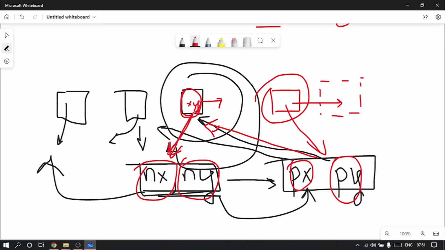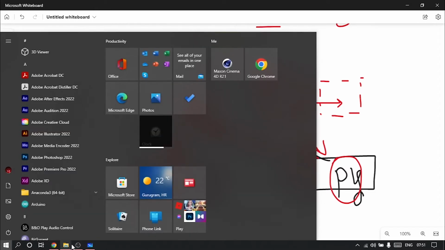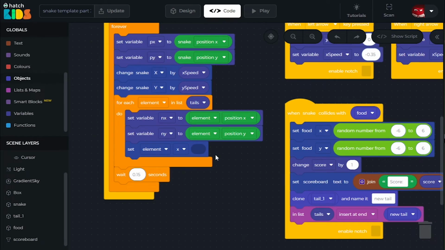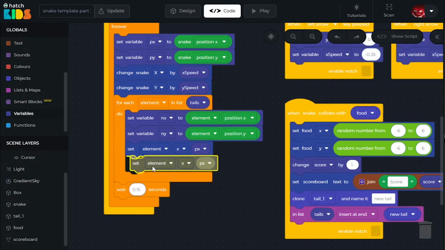So once you have saved its current x and y position to nx and ny, then set its new x, and it has to move to this position, right? And this position is what? Px and py. So set the element x to, go to your variables, drag out px,